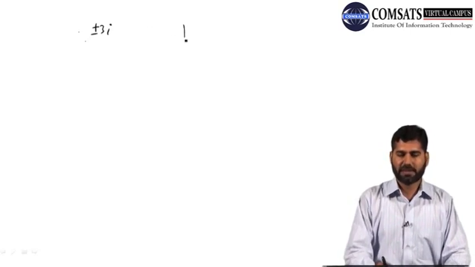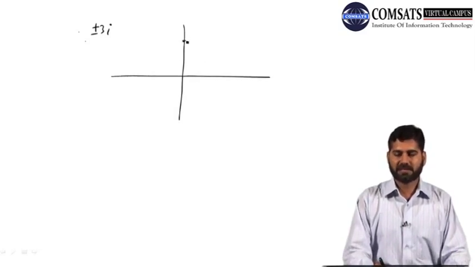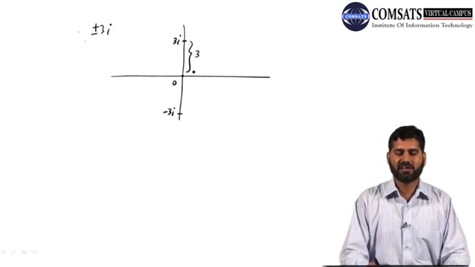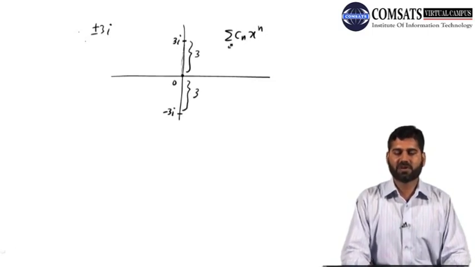Plus or minus 3i are our singular points, right? So in the complex plane, this is plus 3i and this is minus 3i. The imaginary part goes along the y-axis. All right. If 0 is the origin, what is the distance? This distance is 3. This distance is 3. So this implies that the distance from the ordinary point to the nearest singular point is 3. So if I write a series in x, this will